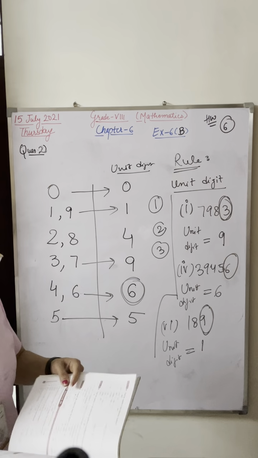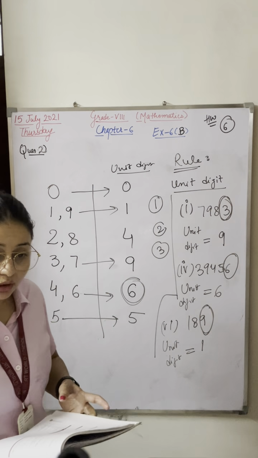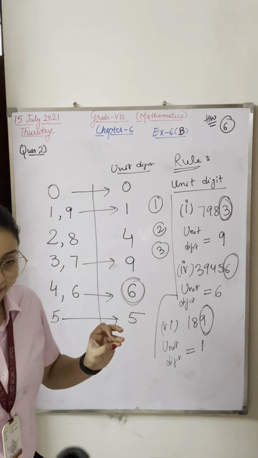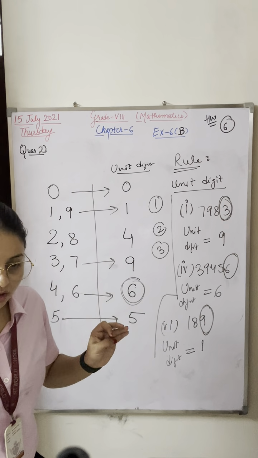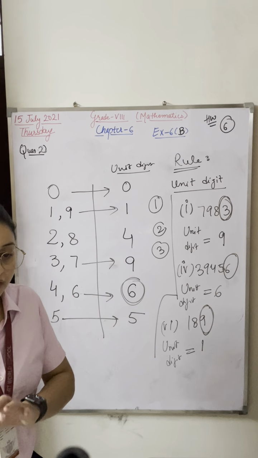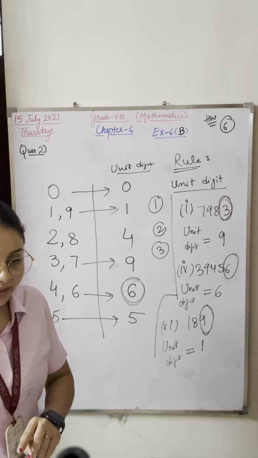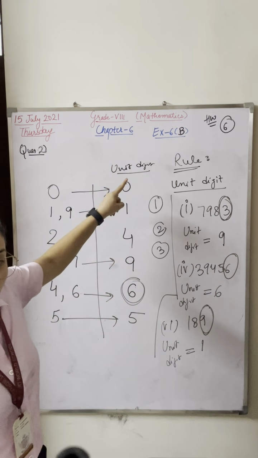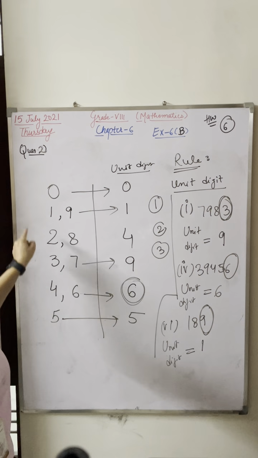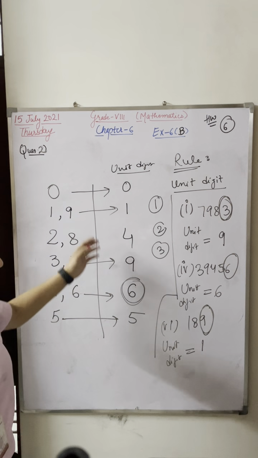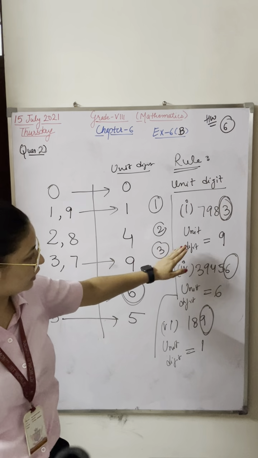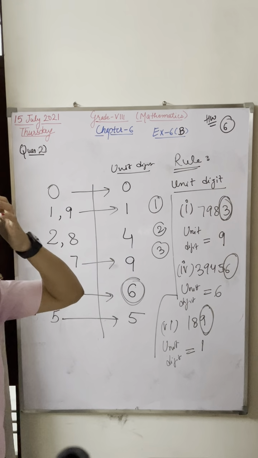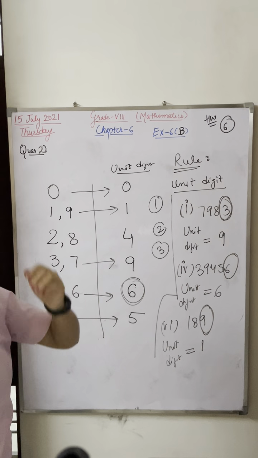Very good. Question first is based upon the rule of what the last digit will be. If it is 2, 3, 7, or an odd number of zeros, then it will not be a perfect square. Second question is based upon this rule, this table, and I've told you how you can learn this table in the easiest way. On the basis of this table, you have to write down the answers. Correct? Tanesh, is it clear to you?